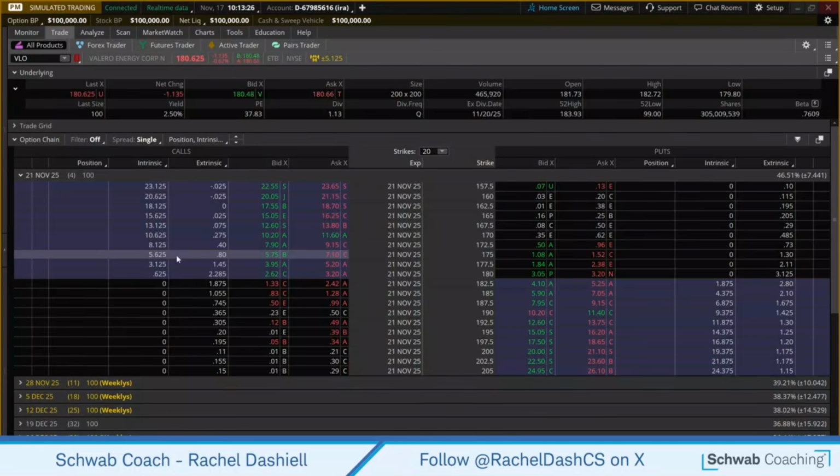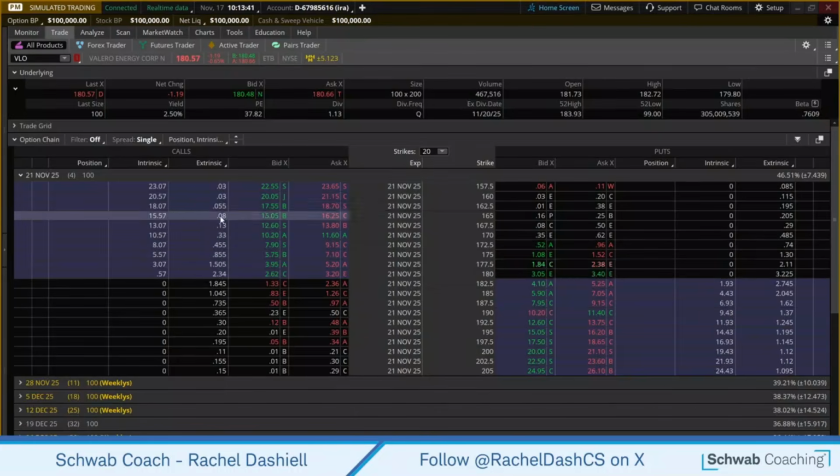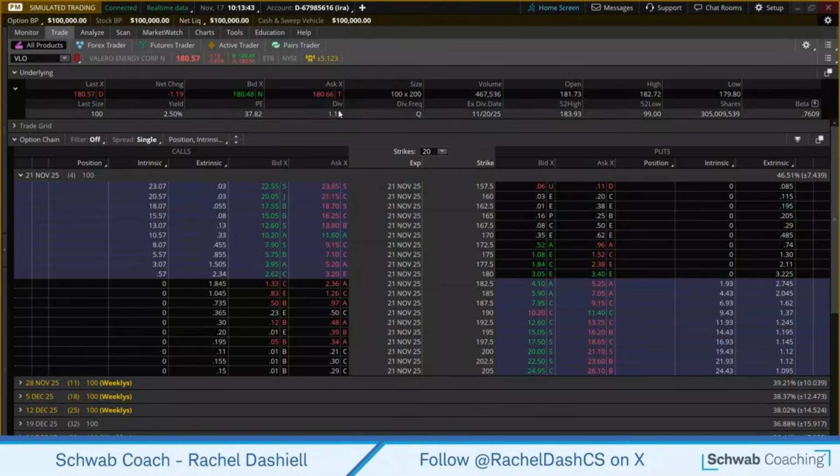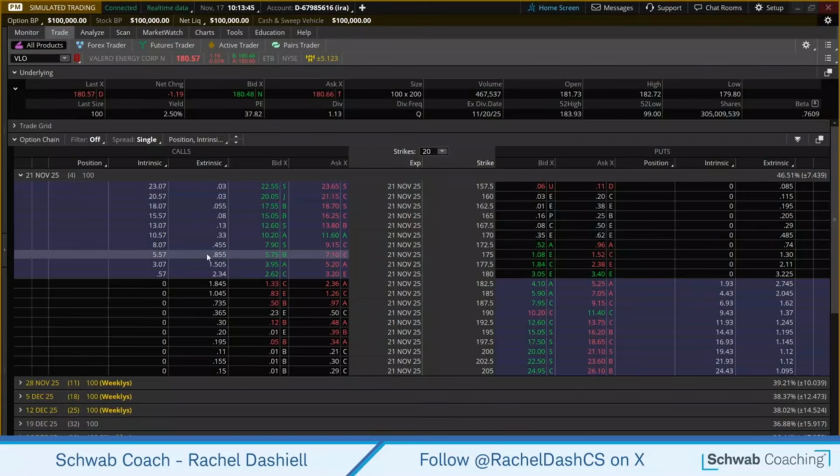So a lot of the times it doesn't make sense for a long option holder to exercise early because of the value still left in the option in the extrinsic. Now, the one time where it could make a little bit of sense is if the amount of the dividend is more than the extrinsic value of the option, meaning that that long call holder could exercise that right early